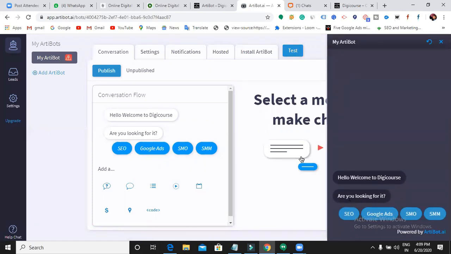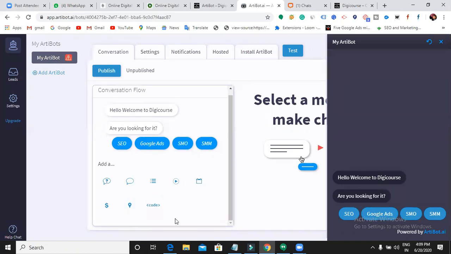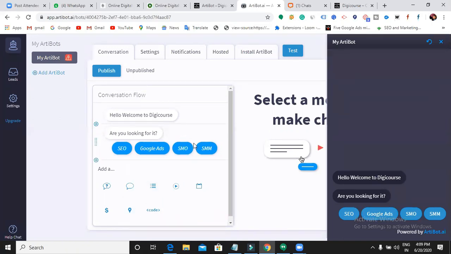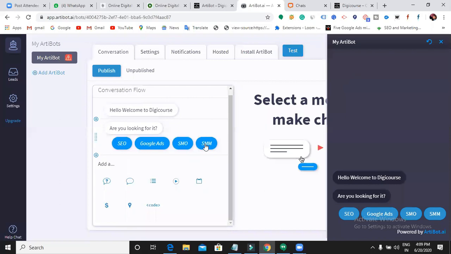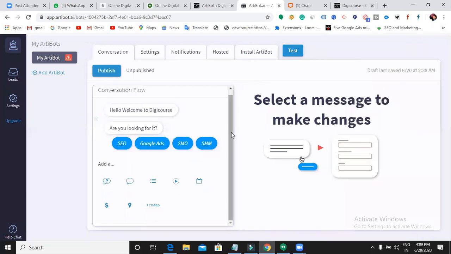Hello, welcome to the course. What are you looking out for? So people can choose any one of these multiple choices. In such a way, as of now it is not giving you many options, but for other chatbots you can still add contact numbers, and if you want, you can add an email address also. Let us see with other plugins also. As of now, let us just end with this.